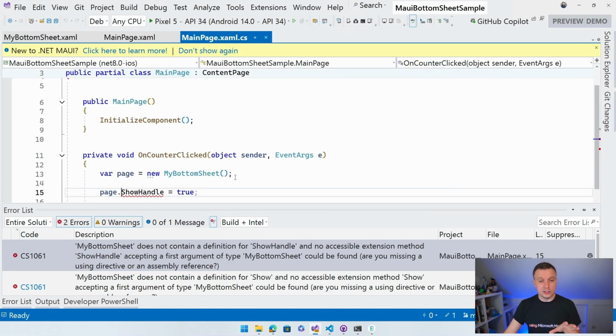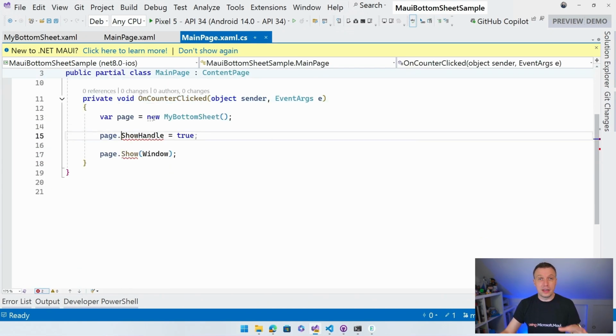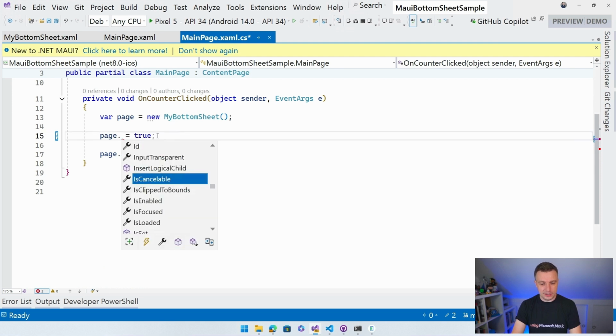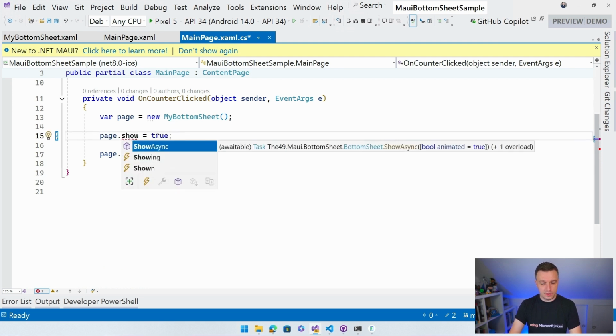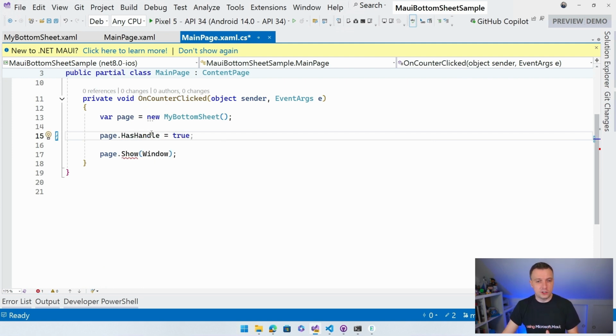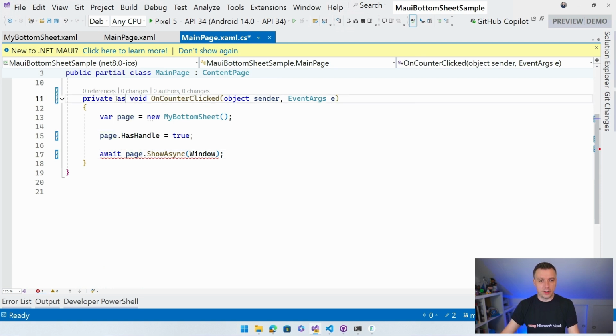So let's go here to this error, and you can see it says, hey, show handle. That was when I recorded the video, the thing. Now it has to be like, what was it again? I can't remember. So let's just do IntelliSense. Let me help with that. It's not show, it's handle. HasHandle, that's it. So HasHandle is true, and Show became ShowAsync. So you probably also want to do the await here, right? But the method isn't an async one. So I guess we could do it like this, async, await, and now we have this.